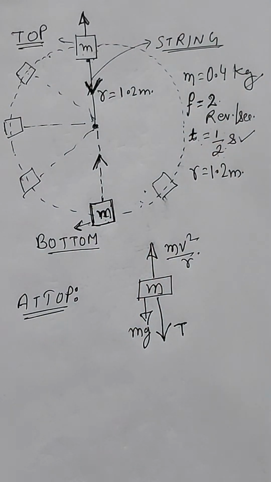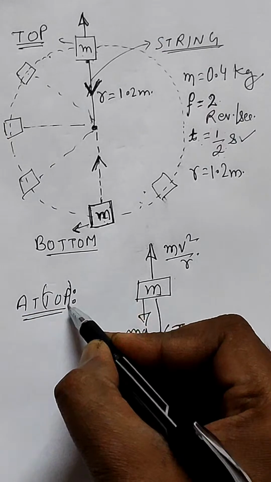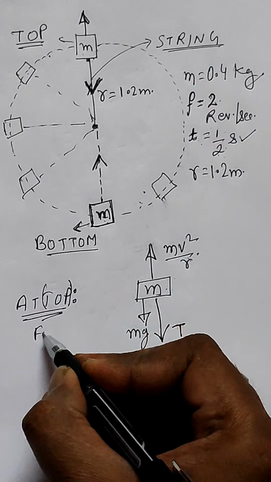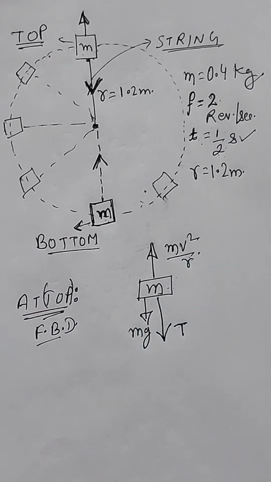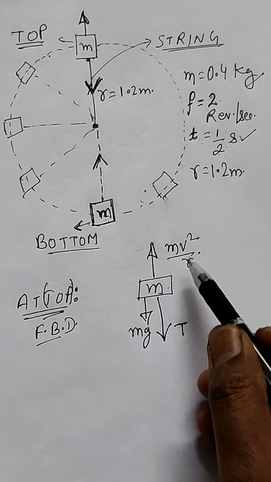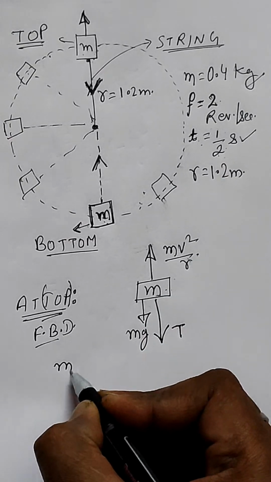Okay, now here, when the body is at the top position, the free body diagram, FBD, can be written like this. And when you see the equivalent forces which are acting, then from the free body diagram we can say